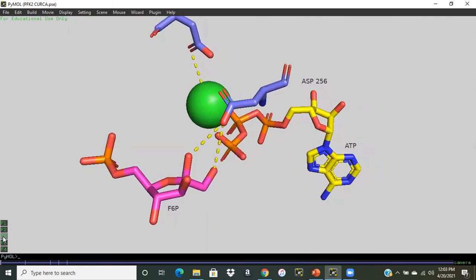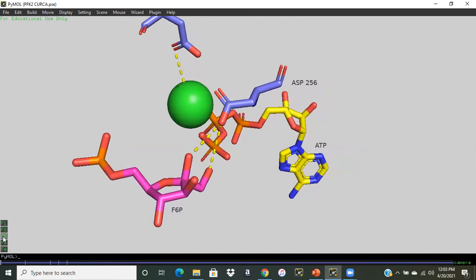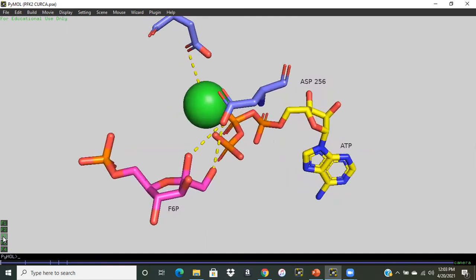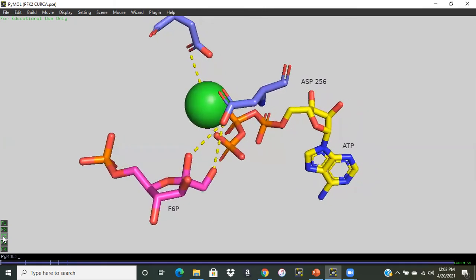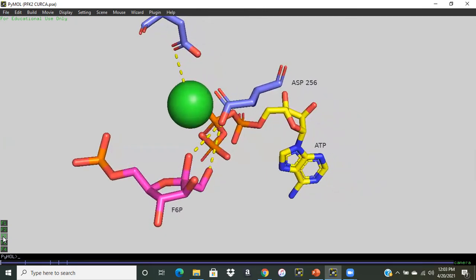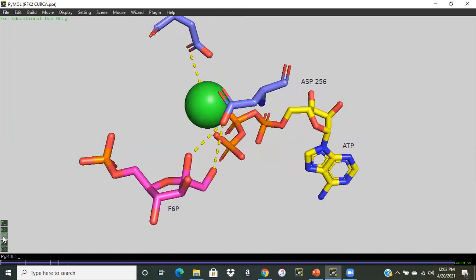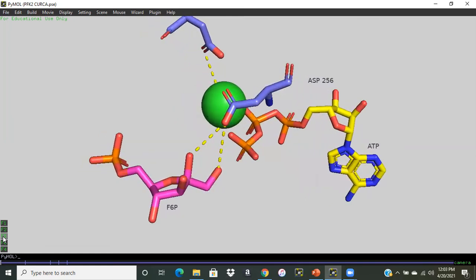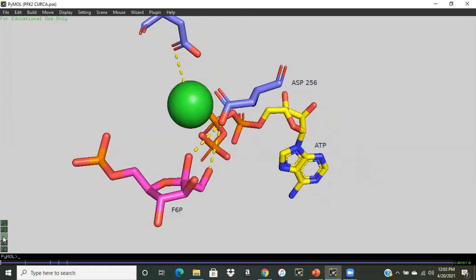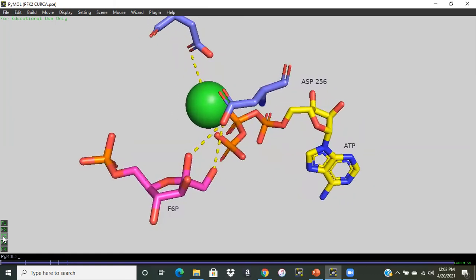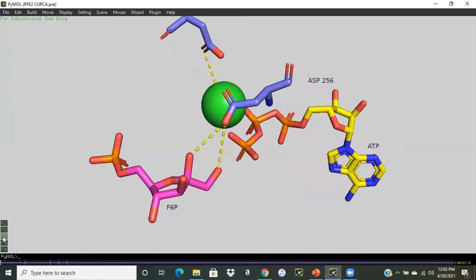And the phosphate are seen in the orange and red stick structure. When it gets donated onto F6P, it gets donated onto the first carbon and creates the product of fructose 1,6-bisphosphate. And as the ATP donates one of its phosphate groups, it is no longer ATP and in turn becomes ADP since it only has 2 phosphate